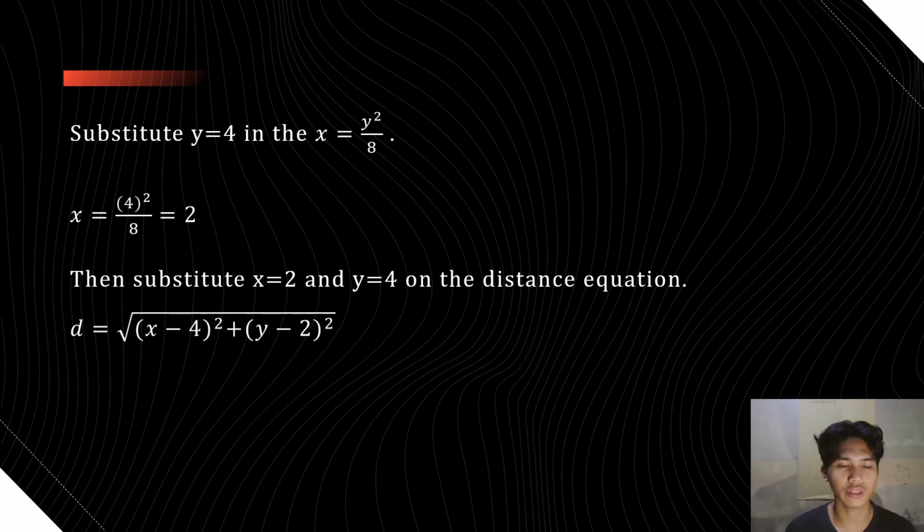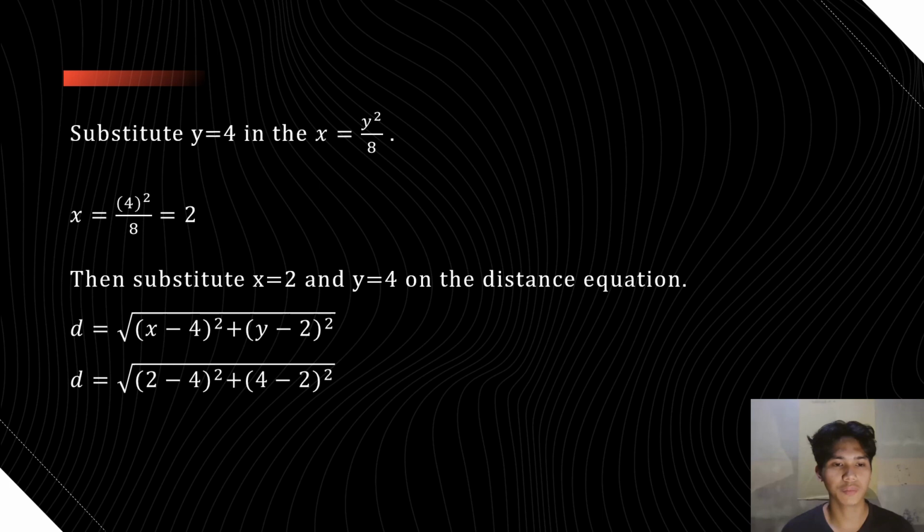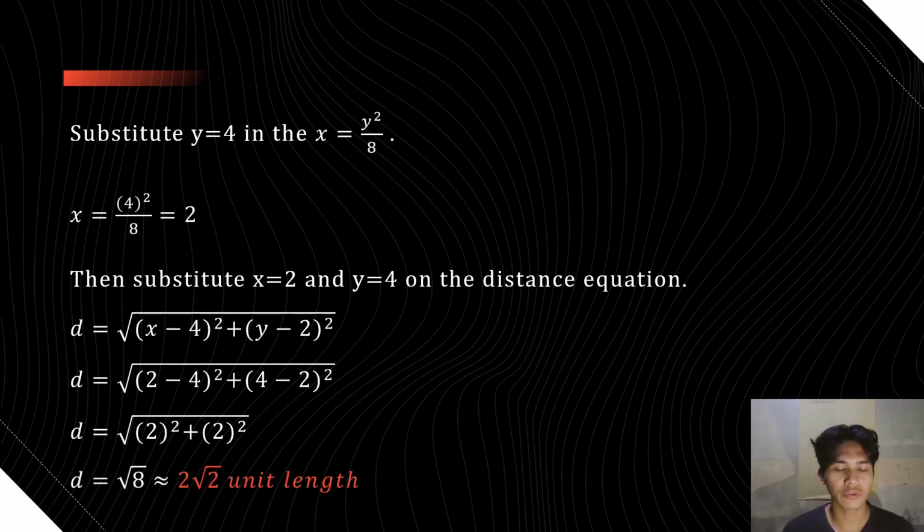So our distance equation is d equals square root of (x minus 4) raised to 2 plus (y minus 2) raised to 2. Then, in substituting it, we rewrite it into d equals square root of (2 minus 4) raised to 2 plus (4 minus 2) raised to 2. Then d is equal to 2 minus 4 equals negative 2, raised to 2, plus 4 minus 2 is 2, then raised to 2. So 2 times 2 is 4, plus 2 times 2 is 4, and 4 plus 4 is 8. So d is equal to square root of 8, or